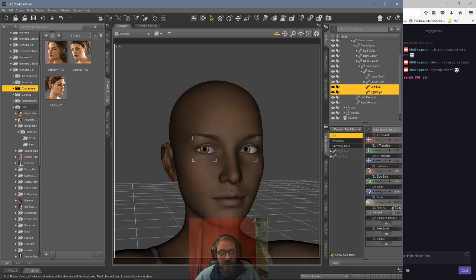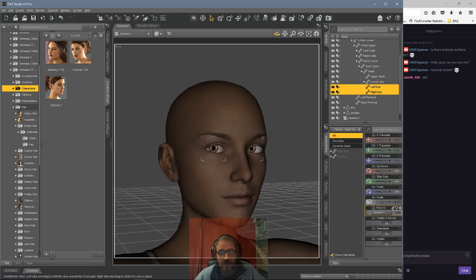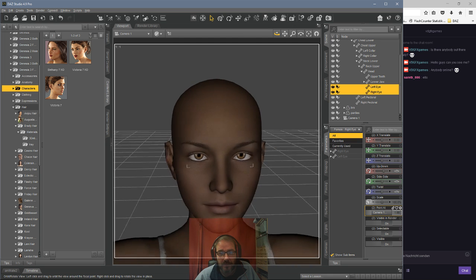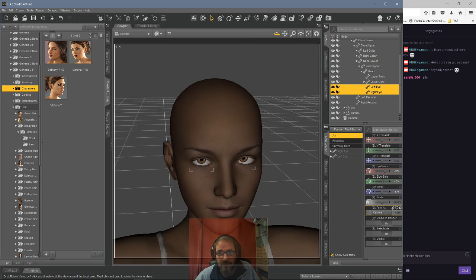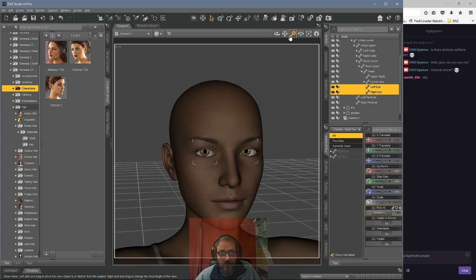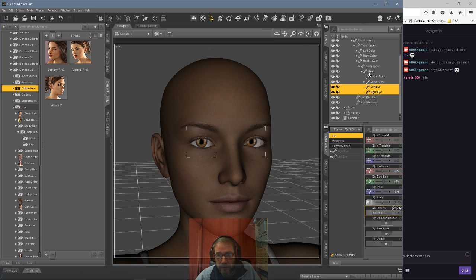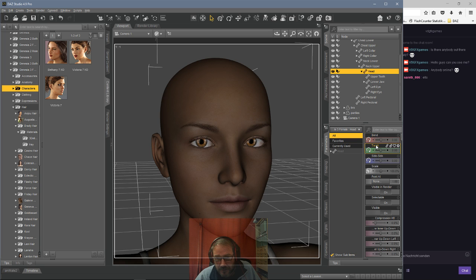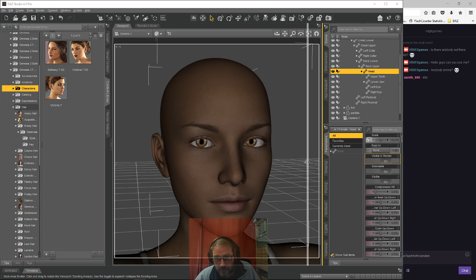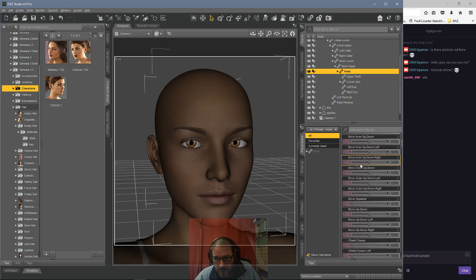But so now she is always looking to the camera. I guess you know it, but I wanted to make this clear. So what we have here is a normal Genesis 3 female. Let's start something. I need to make the size a little bit bigger so I can see here